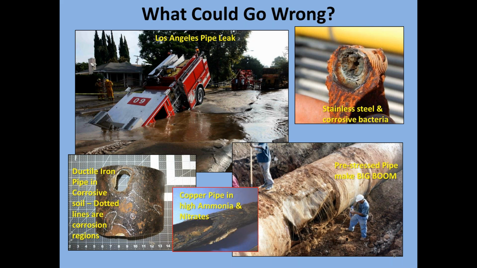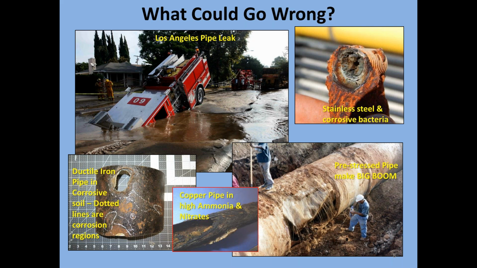This is a pipe leak in Los Angeles. That's a stainless steel bolt that was eaten from the inside out by corrosive bacteria. It's a 304 stainless steel, by the way. Down at the bottom left is a ductile iron pipe corroding in very corrosive soil in the Compton area, where